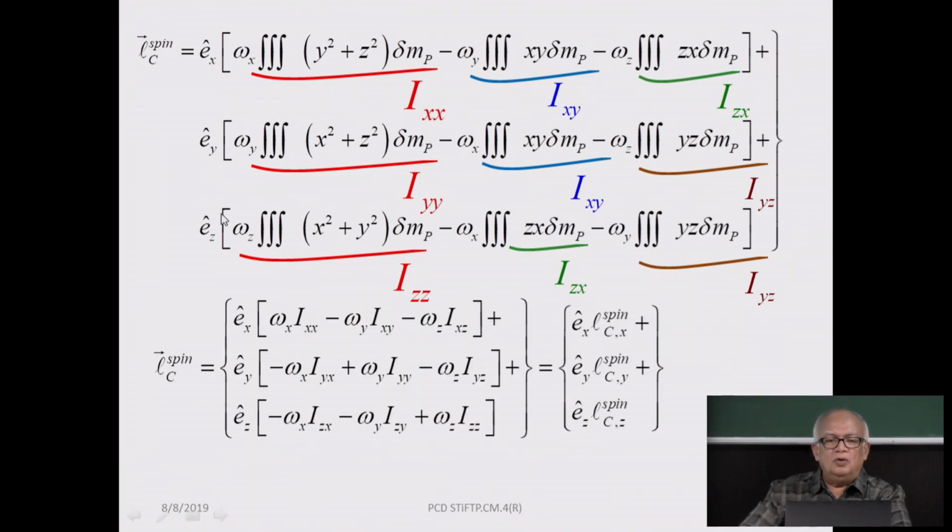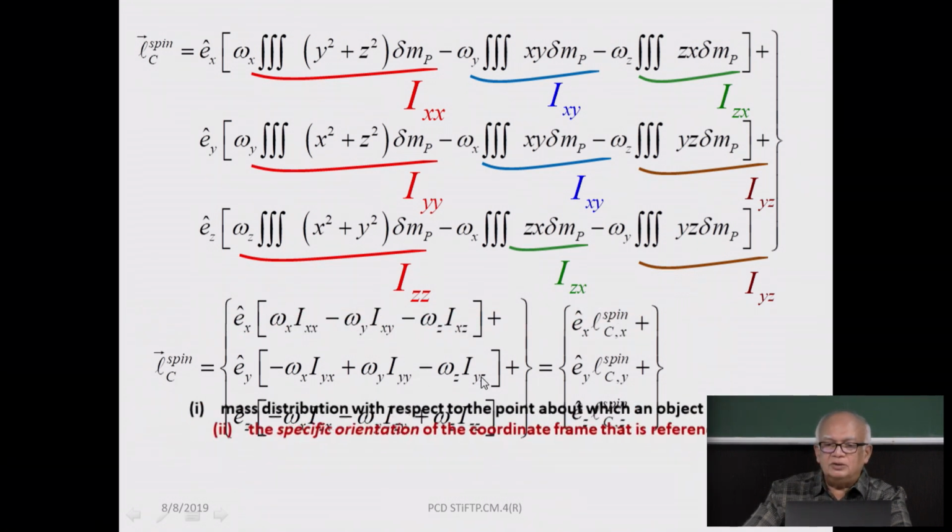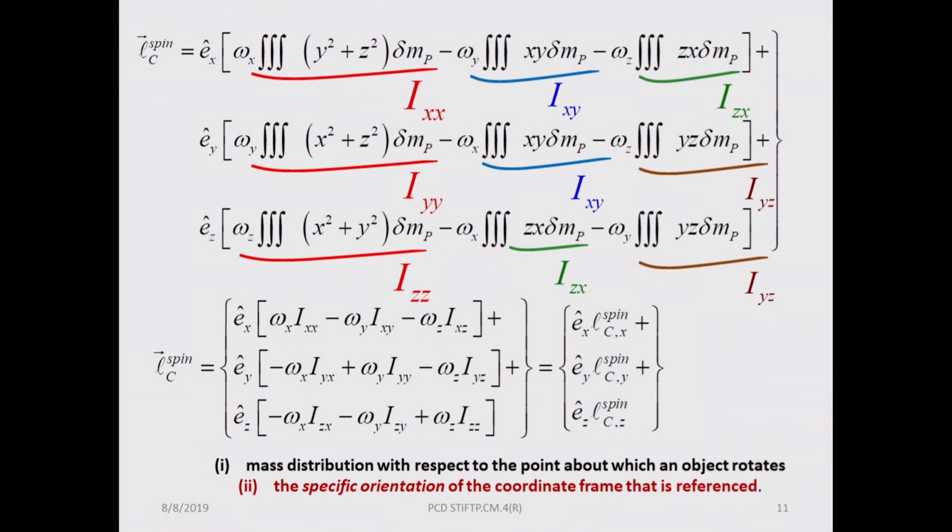So you can write the spin angular momentum using this compact notation Ixx, Ixy, Izx. They come over here, and you have components along ex, ey, ez, and you can interpret this as the component of the spin angular momentum about the x-axis. This is the component of the spin angular momentum about the y-axis, which is the sum of these 3 terms. So the moment of inertia tensor, which is made up of these 9 coefficients,